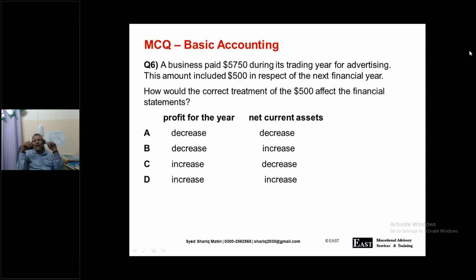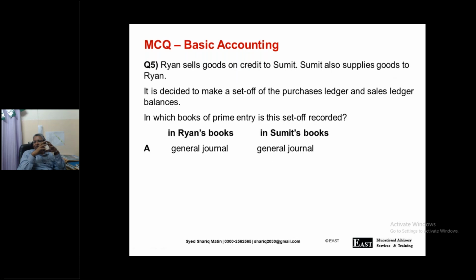And when he buys from Sumit, he will record them in the purchase day book. That's correct. And I agree with the statement that you gave, that it should be recorded in the revenue day book. But if I can just go back to the question and show you the previous question, it says,